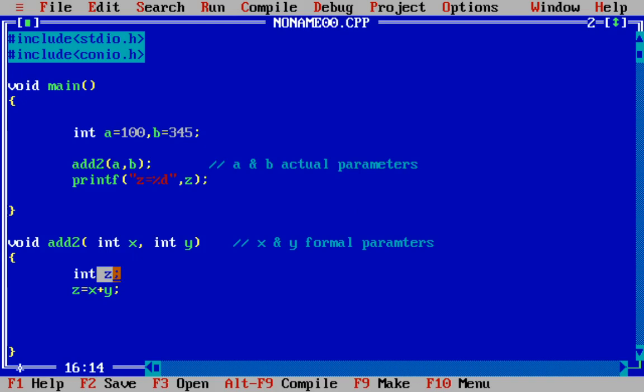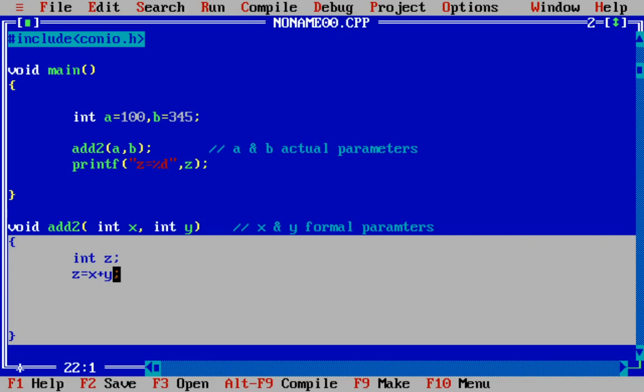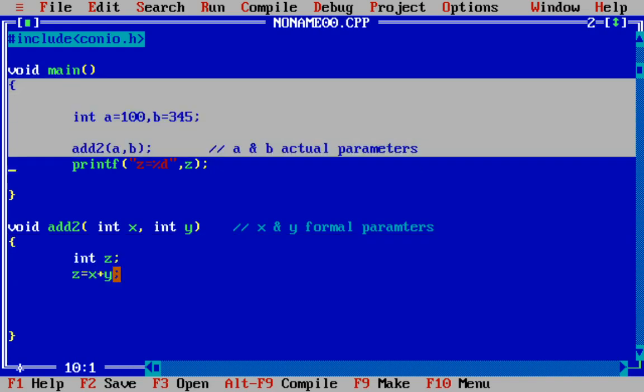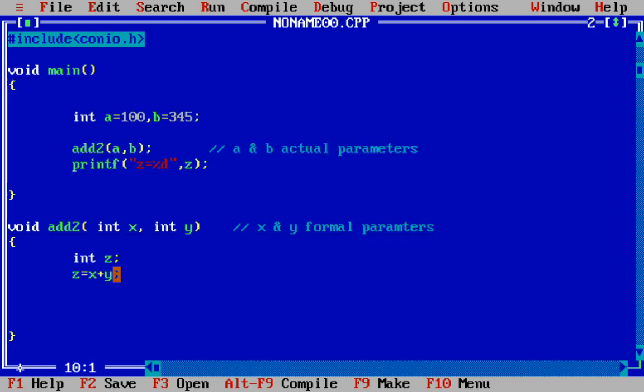That means z can be accessed inside this block only. Local variables are always accessed in the block in which they are declared. z is declared in the add2 block, so it will be used here only. In the main block, or any other block, z will not be accessible. So this statement will not work. It will try to print the value of z, but it may generate an error.